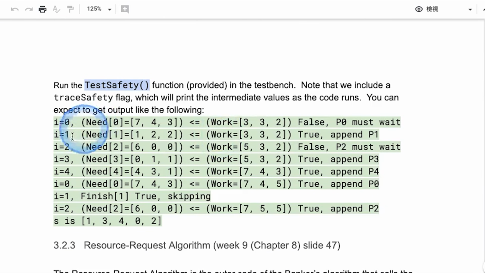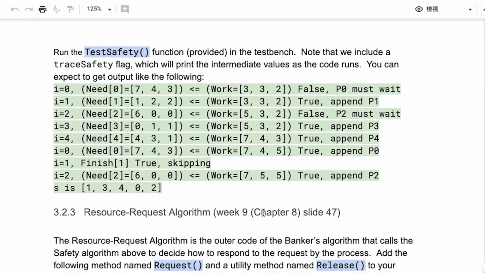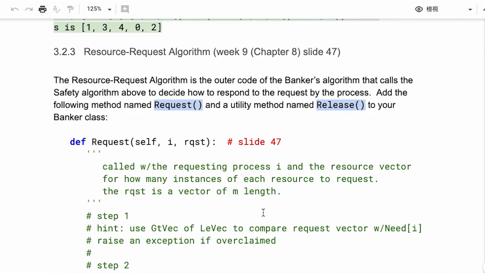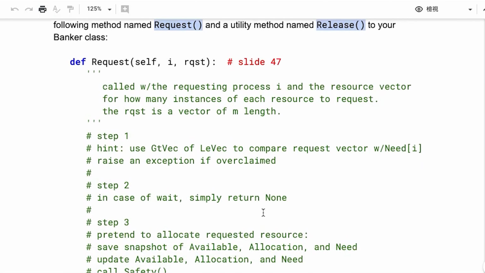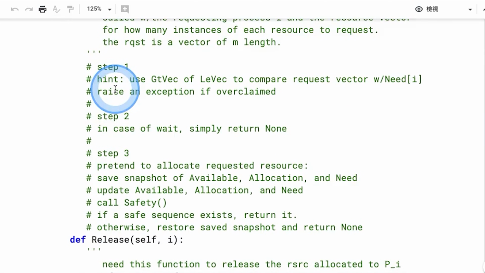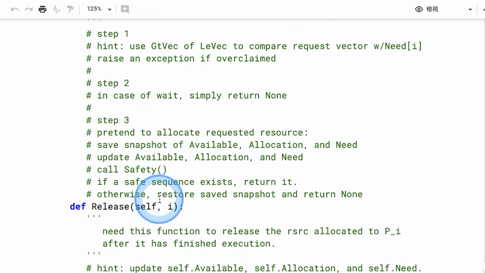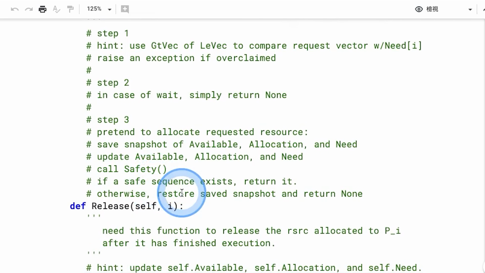And then if you run it, you check the status of these different variables, or whether P0, P1, P2 must wait, or it gets granted and then continue, and then you can trace your algorithm that way, right? And the resource request algorithm, that's still part of the banker's algorithm, but it's in a separate step, right? So there's step 1, 2, 3, 4, and it does call safety to see if a safe sequence exists, right?